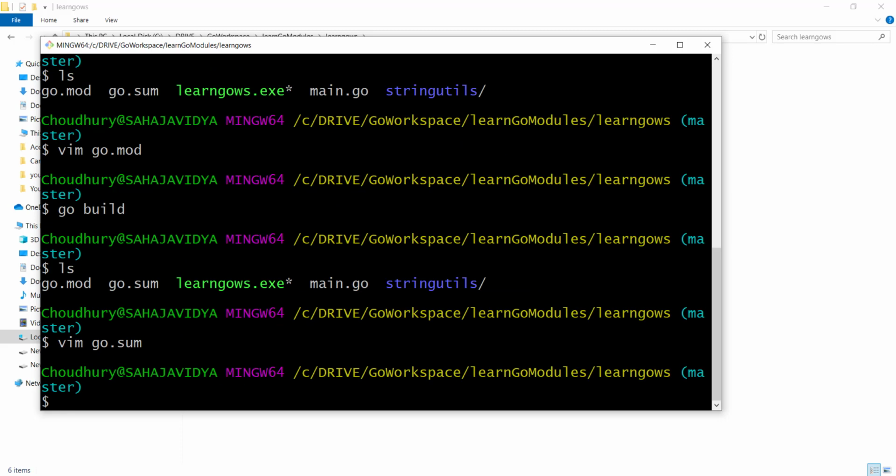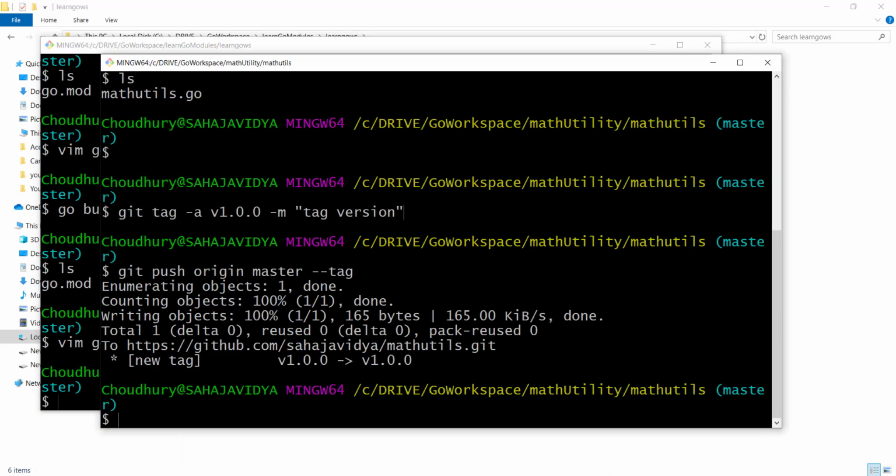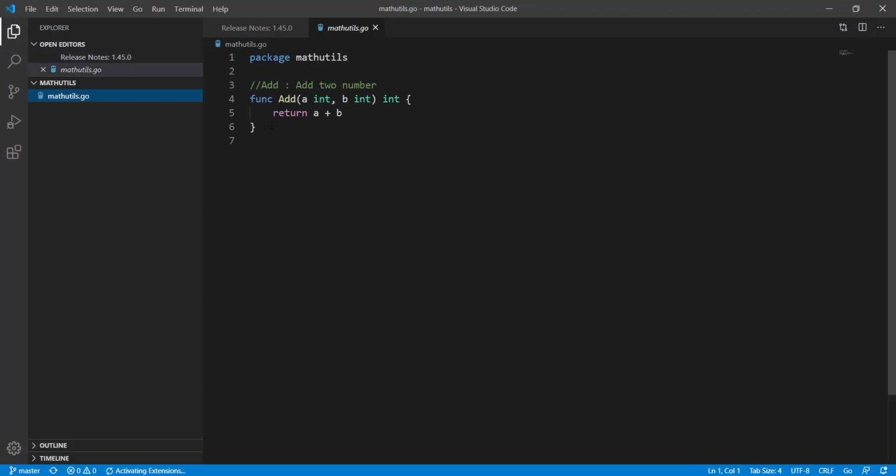Let's add a new functionality to the math-utils package and tag it to version 1.1.0. For that we'll open the math-utils package in Visual Studio Code. In math-utils we have an add function. Let's add a multiply function, and we'll just return a into b.